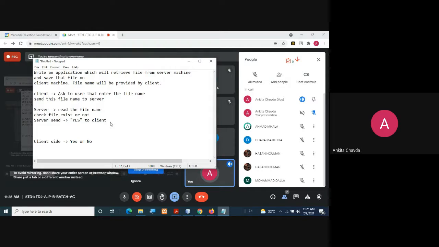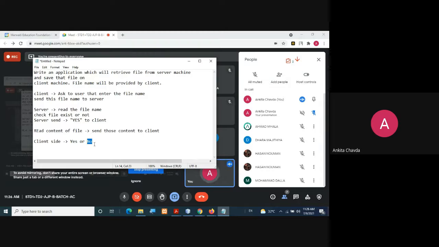Then what does the server need to do? The server will read the content of the file and send that content to the client. The client will read this. So first, if it is yes, then and only then is the client ready to read the content. Otherwise, if the server is sending no, it means there is no such file, so you don't have to wait for the content.